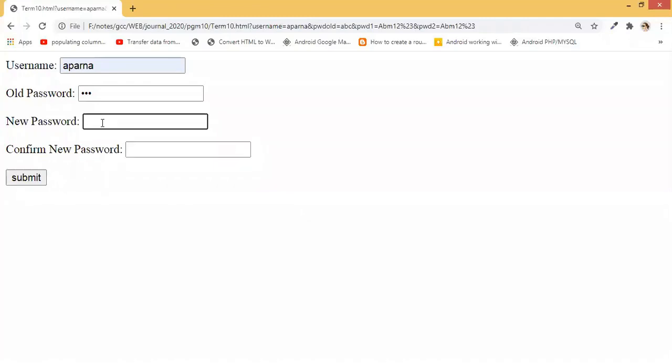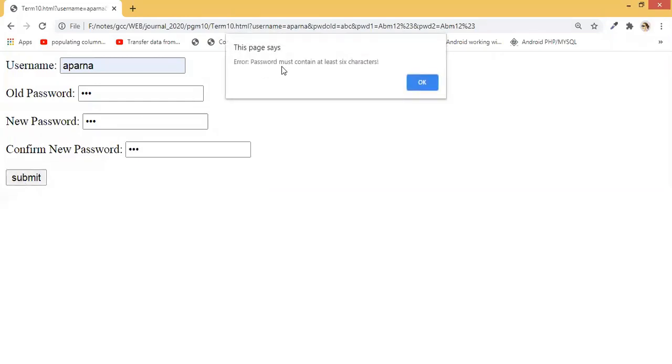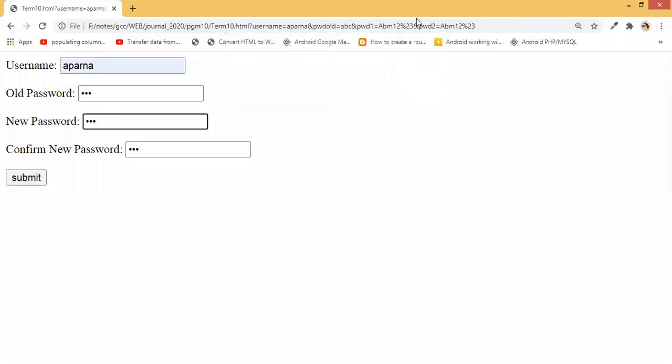Here I have given new password as ABM and I write confirm, which means that new password is not blank. Also, new password should be equal to confirm new password. So again I write ABM and then I click submit. Now it is giving me password must contain at least 6 characters.